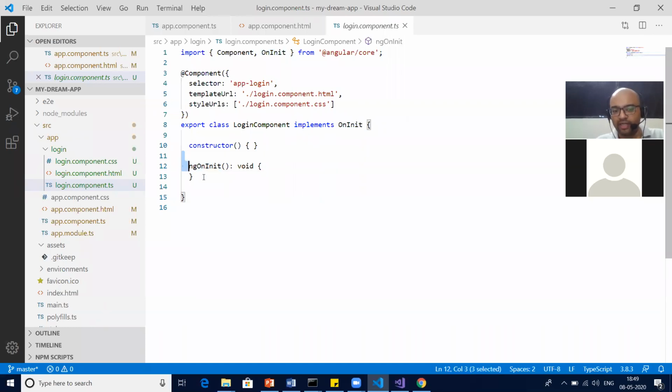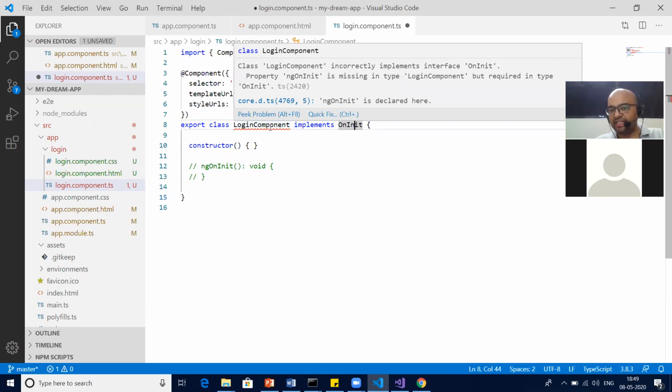If I just comment it, okay, see a few items before we touch the component further, right? So if you see now, we have implemented from the interface, which means we have inherited the interface, but now you can see it has generated an error. It says property ngOnInit is missing in type LoginComponent, but it is required in type OnInit.